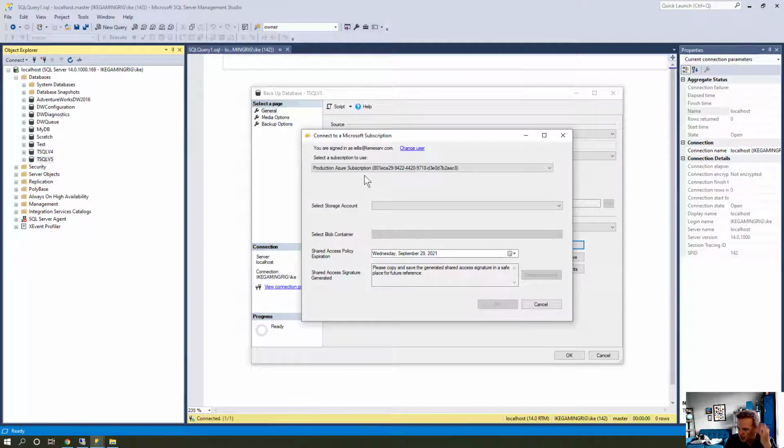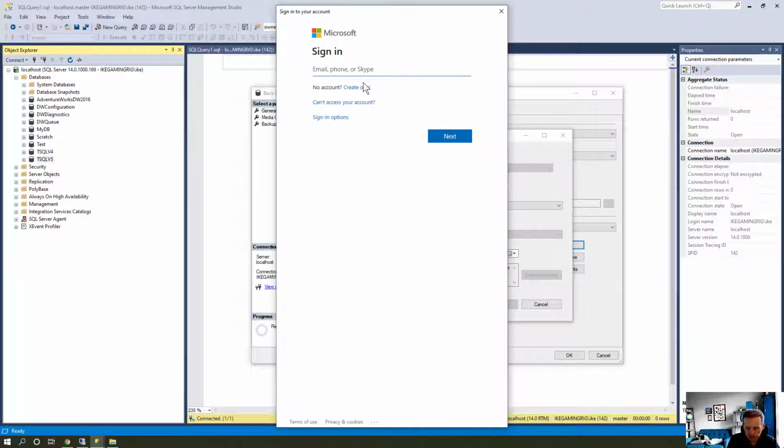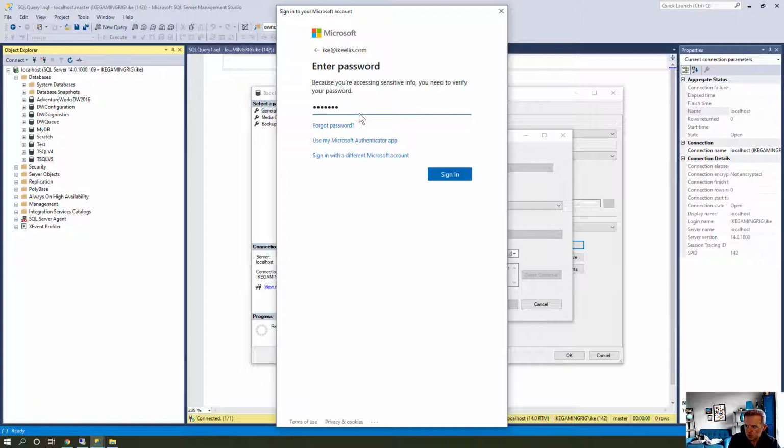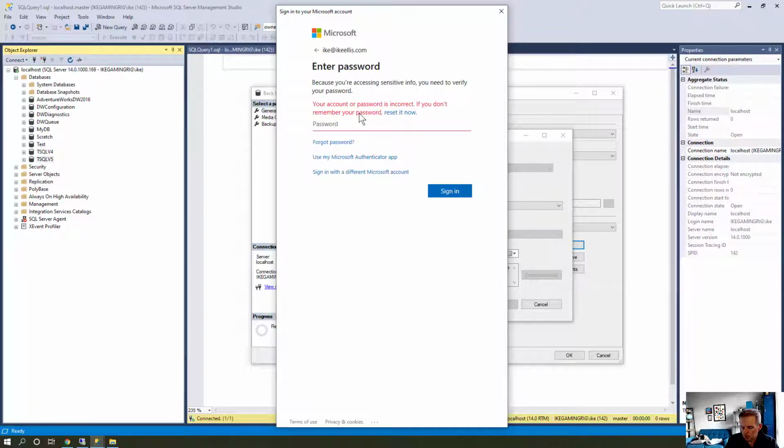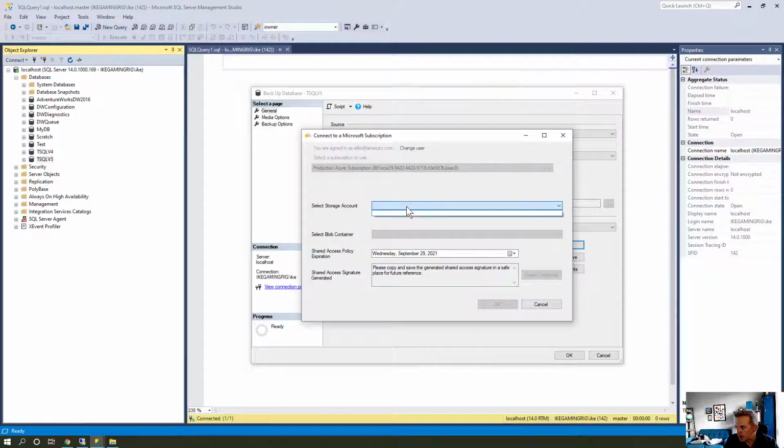Oh, sorry. Actually, I don't want to do that. Let's change the user. Okay, so I'm going to sign in right now. Okay, and then once there, it lets me ideally choose a storage account. I'm not sure why it's not letting me. I see it's picked up my old user. Maybe it hasn't just refreshed quite yet. But anyway, it'll let me pick a storage account, a blob container. Oh, let's see if it worked now. Yep, there it is. So I can pick a storage account, a blob container,